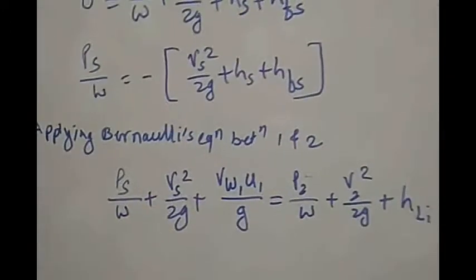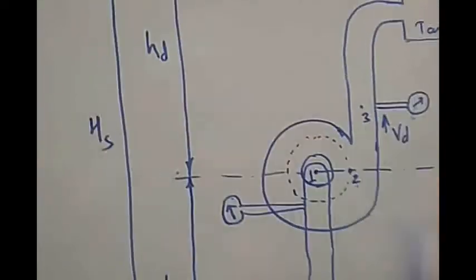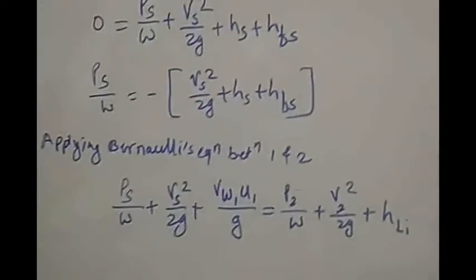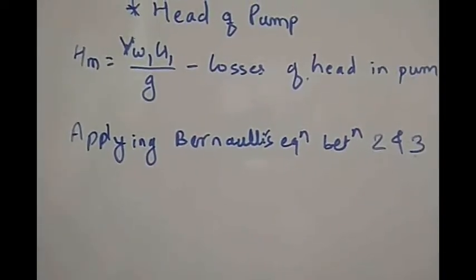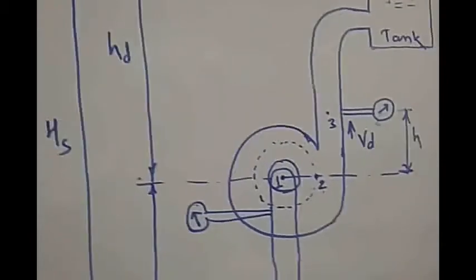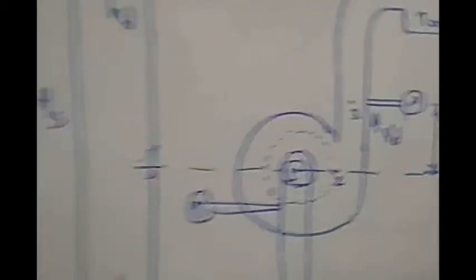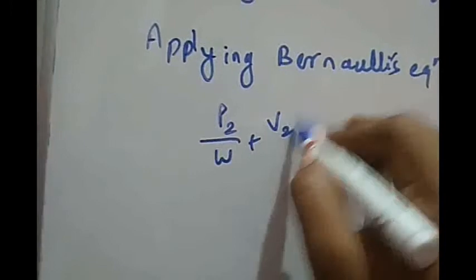Now we will apply the Bernoulli equation between point 2, which is just the outlet of the impeller, and point 3, which is the point in the delivery pipe. So the height between point 2 and point 3 is h. I'll write the equation first for point 2. We know that the pressure head at point 2 is P2 by w plus velocity head V2 square by